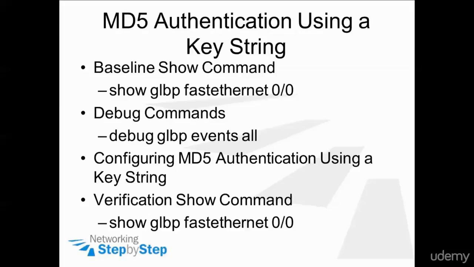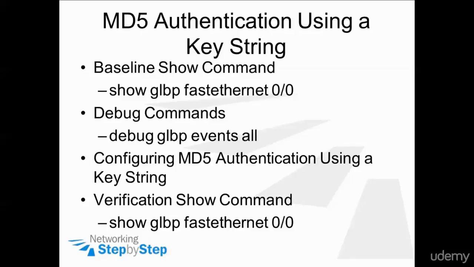In this video cheat sheet, I will be setting authentication for GLBP on interface FastEthernet 0/0. Previously, I configured GLBP on interface FastEthernet 0/0 with no authentication. I will start off with the baseline show command, show glbp FastEthernet, to display the GLBP status of the